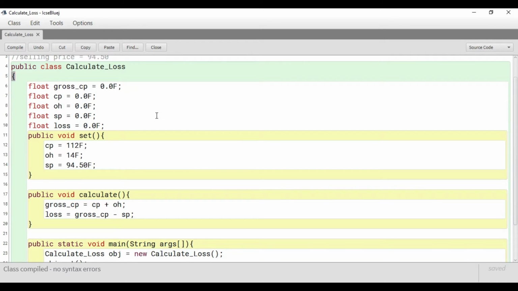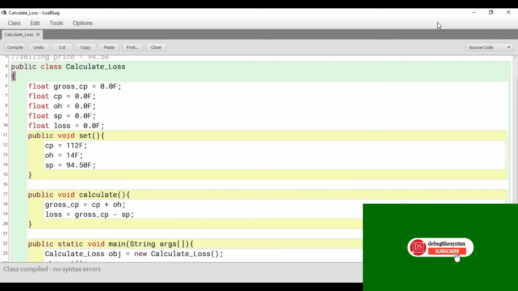At the very beginning I have declared a few variables, and in fact I have created a separate video where I showed you how to create an instance variable, and for that reason the video reference will be given here.